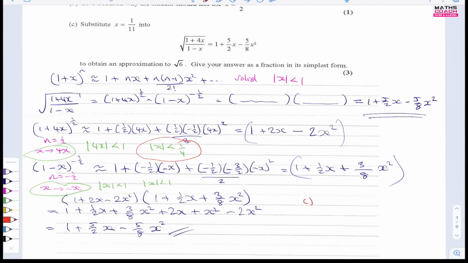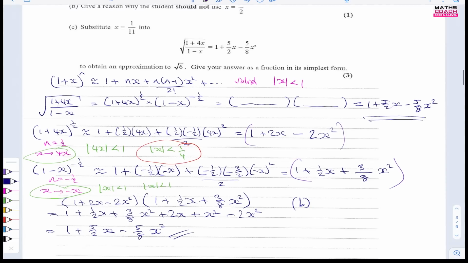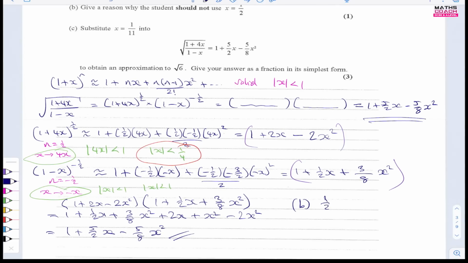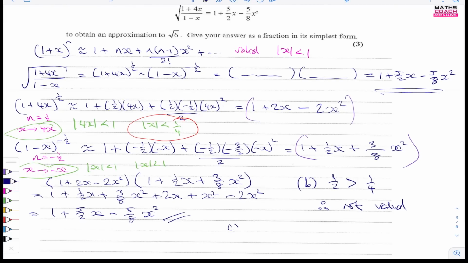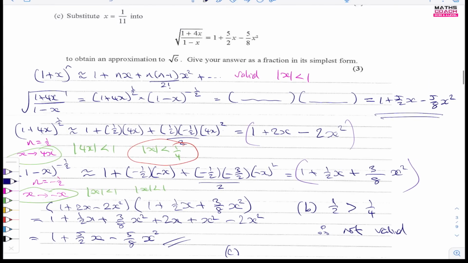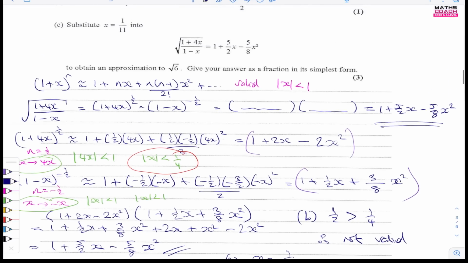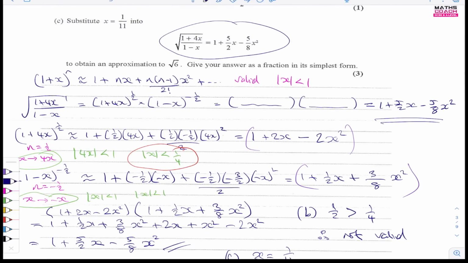So for question B, where it says give a reason why we can't use x equals a half. Well, a half is more than a quarter, so it's not inside the range of values where it's valid, therefore the expansion will not be valid. And then for question C, substitute x equals 1 over 11 into the expansion to find an